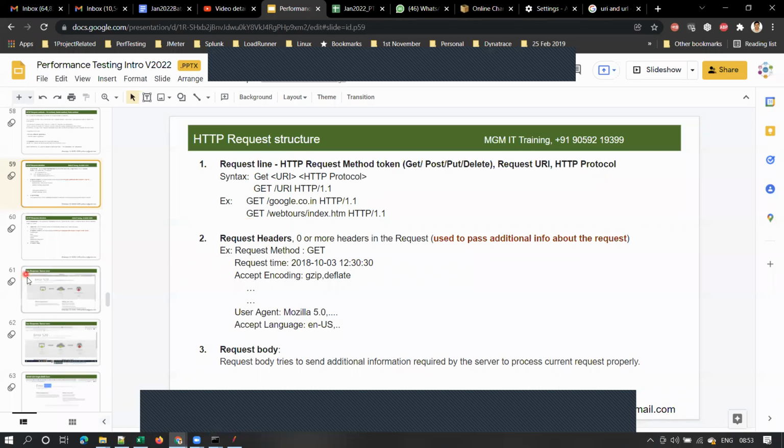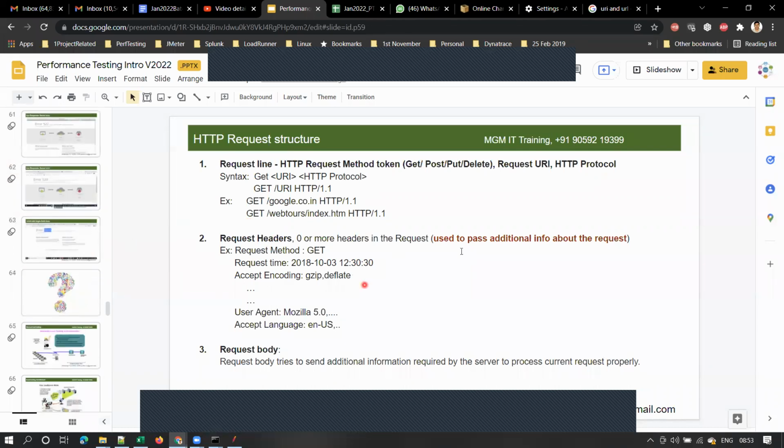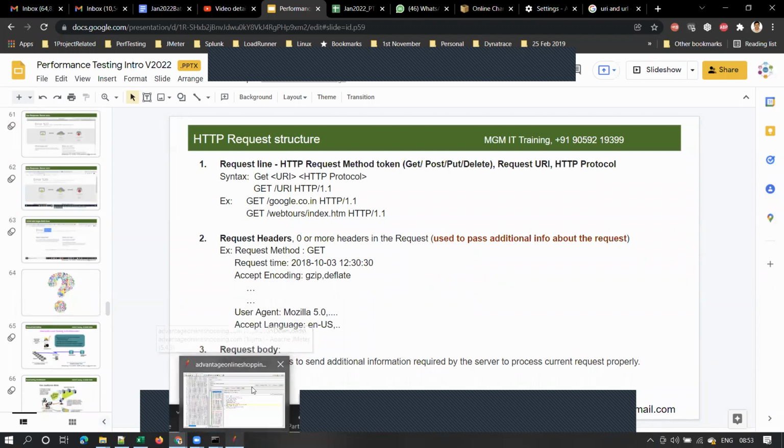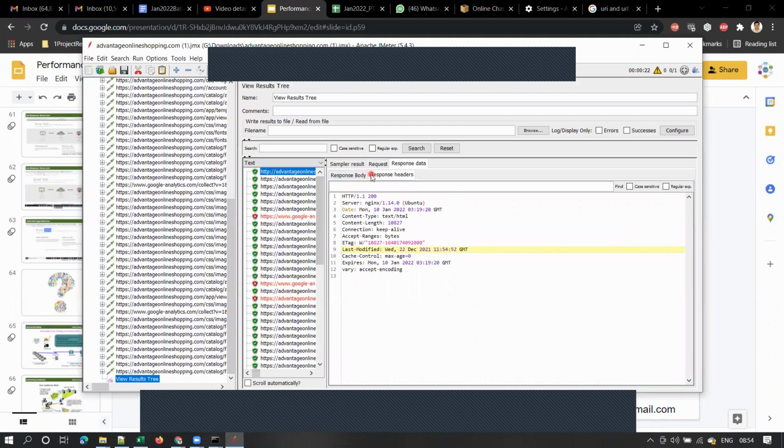That's the reason I have to explain this. Some interviews ask these questions, and it will help you to understand the script easily. No matter whatever the tool is, you will understand the script easily. And sometimes you get some dynamic values in the response headers. So you should know first what is response header, right? First, you should know what is response header.